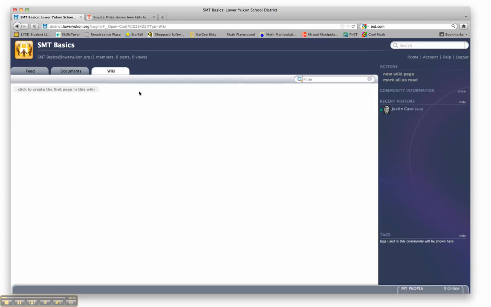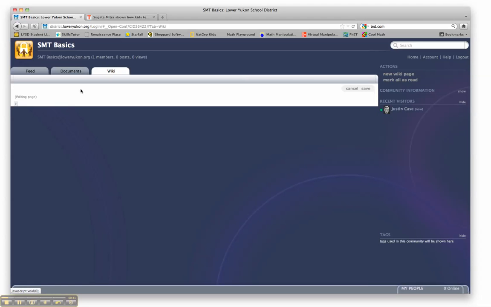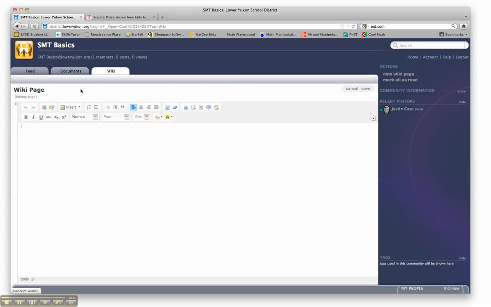Wikis are essentially the same in theory as a Google Doc. The purpose of a wiki, and wiki means quick in Hawaiian, quick, fast, or simple or easy, is a quick, fast, simple, or easy way to collaborate on a single document or a single file. So when I click on Wiki and create new, you can see that I have some simple document editing